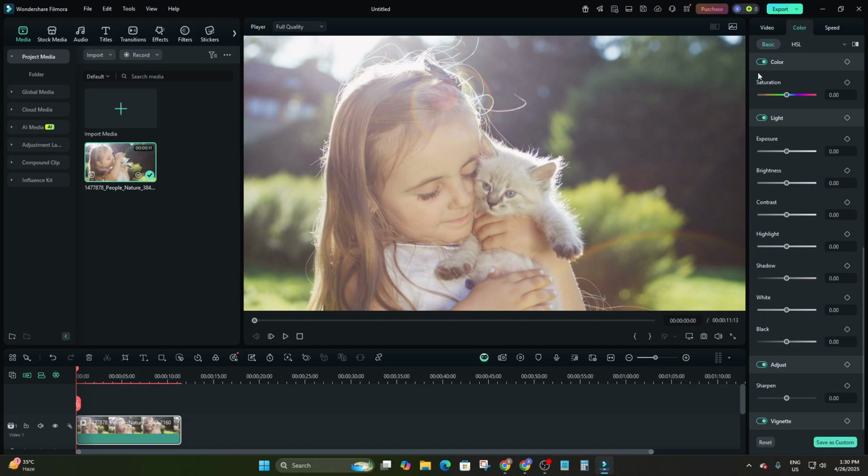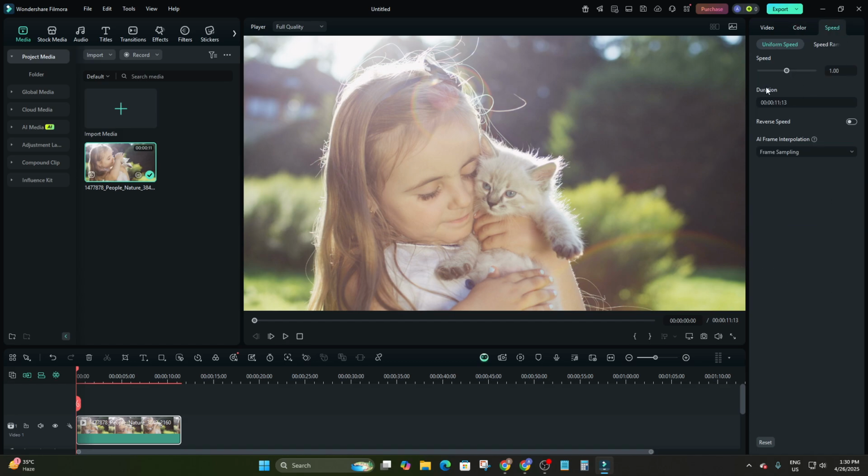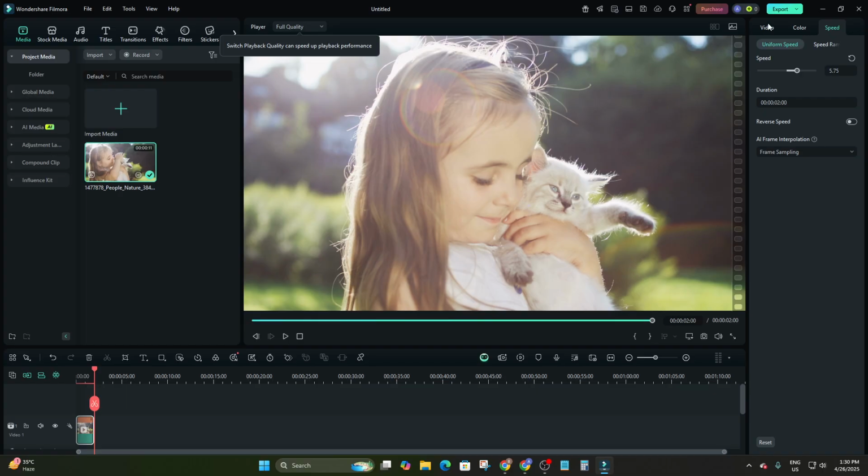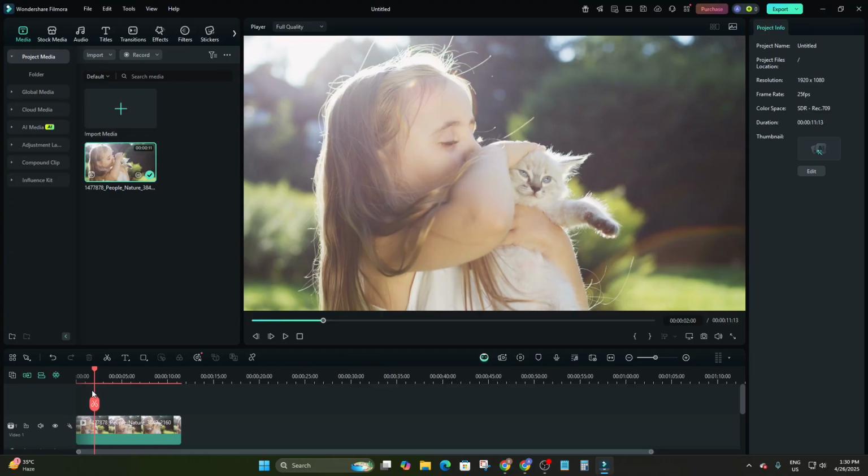And here is the speed. You can increase or decrease the speed of this video. If you want to fast forward this video, then you can increase the speed like this. If I increase it, as you can see, the length of this video is decreased. Now I'm going to play it, and you can see it has made it faster. Sorry, 1 is actually the normal speed. Now from here,